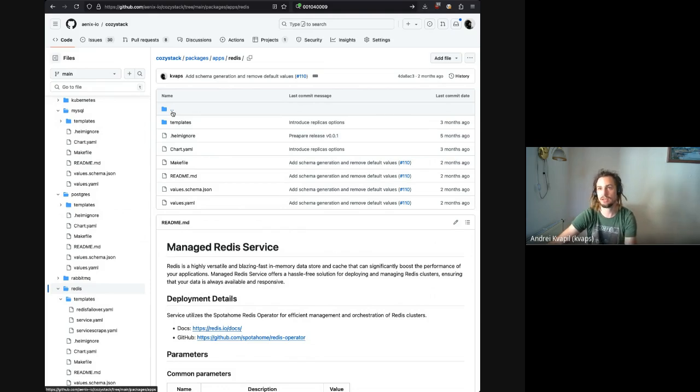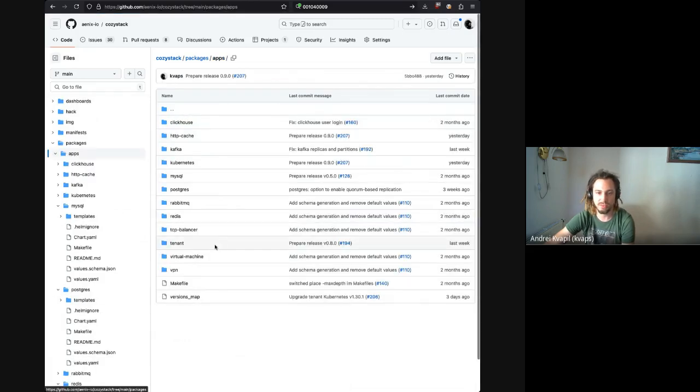It requires the Helm ChartMuseum format, and then it can be configured in Cozystack, so you can connect your repository and allow your users to install your applications right the same way like you do for